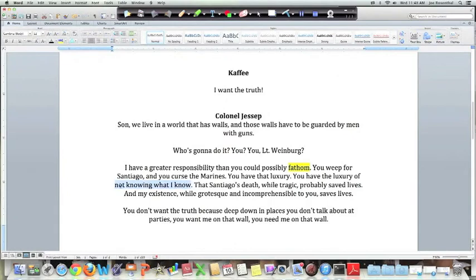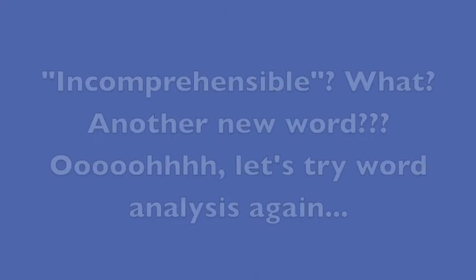See, he's talking about not knowing. So maybe fathom has to do with knowing. Like I thought it was understand. It looks like that is what it means. That Santiago's death, while tragic, probably saved lives. And my existence, while grotesque and incomprehensible,